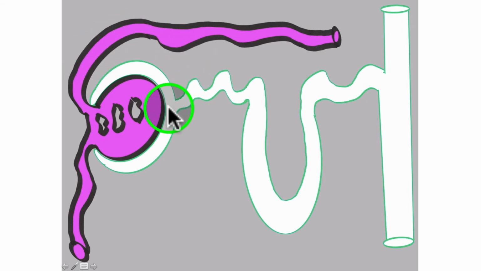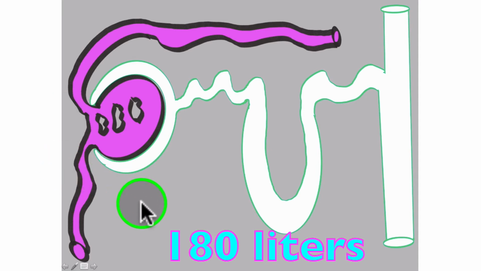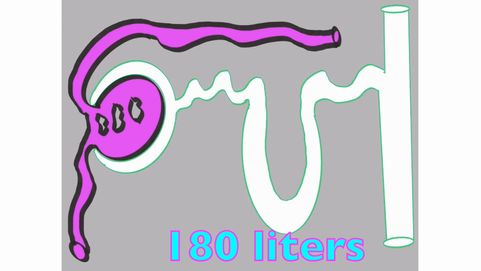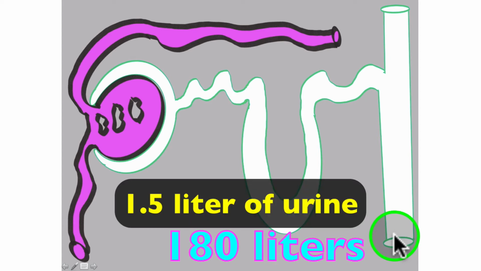One thing I want to point out is that the kidneys, there's roughly 1 million nephrons per kidney. If we have two kidneys, that would be 2 million nephrons in our body. That over the course of 24 hours filters 180 liters of blood plasma. Keep in mind, our body contains only about 3 liters of blood plasma, which means that 3 liters is filtered 60 times per day. 180 liters is filtered, but generally speaking, we only produce about 1.5 liters of urine every